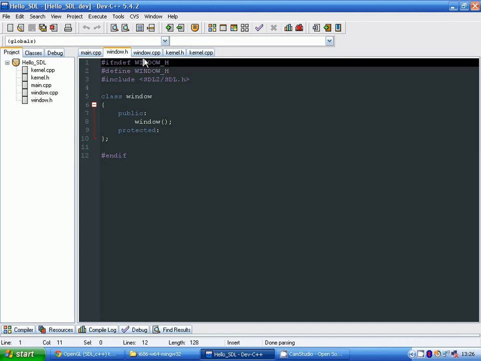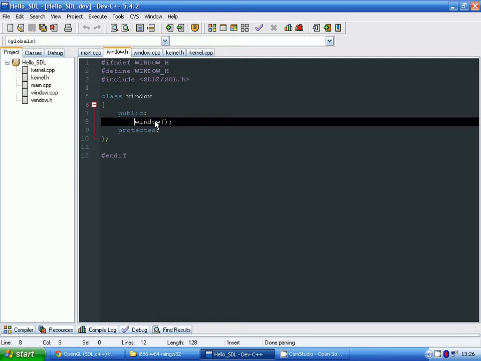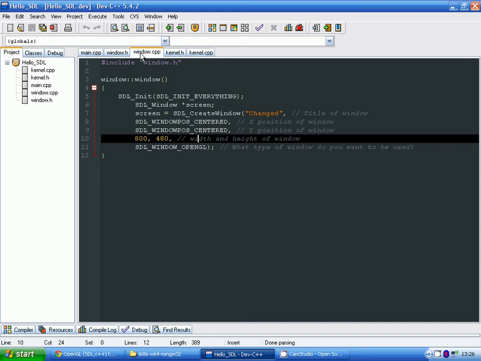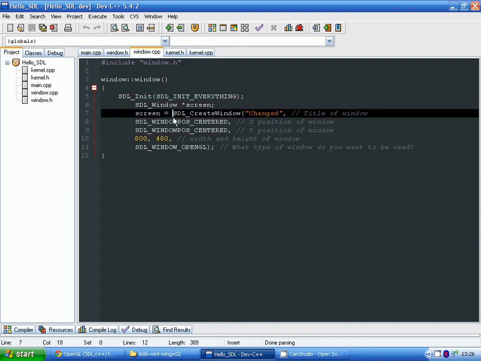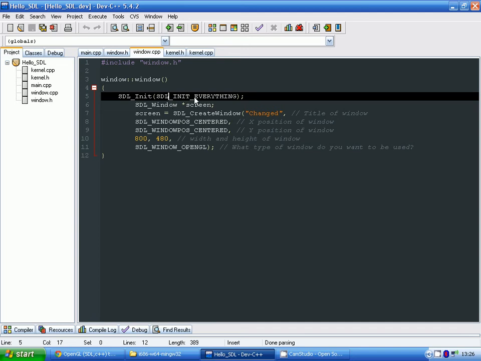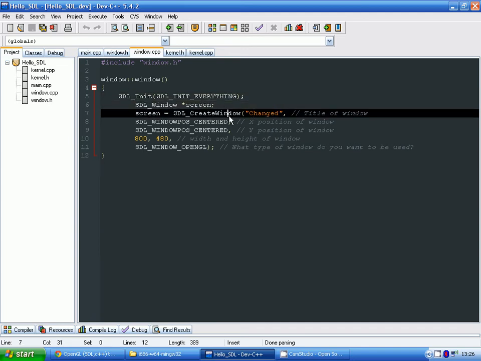Okay, so I've included the SDL2.h here for whatever's in here, and basically I've just made a constructor that takes no parameters, and then I've filled in the constructor here as you usually do with a header file and a .cpp file, and I've just initialized everything. I've created a window,